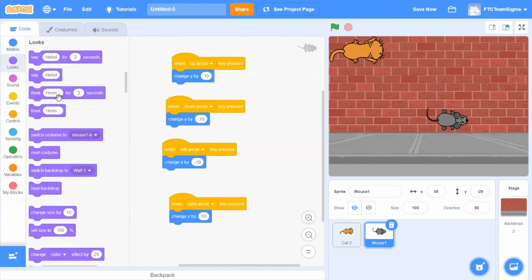Broadcasted, you can easily add an if condition. Say, if it's touching the cat, then go to the reset position, and then the game can